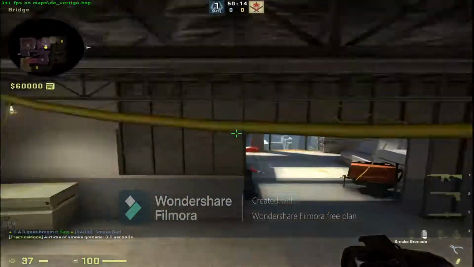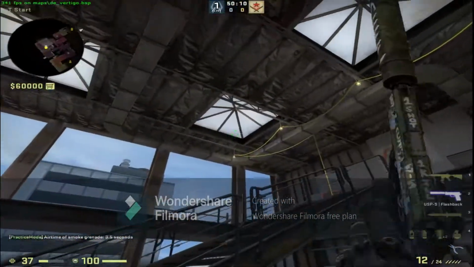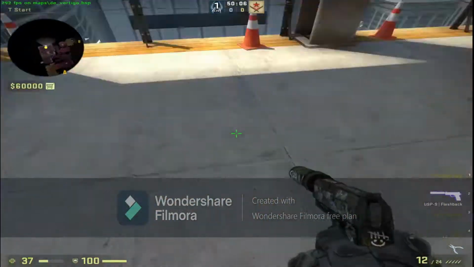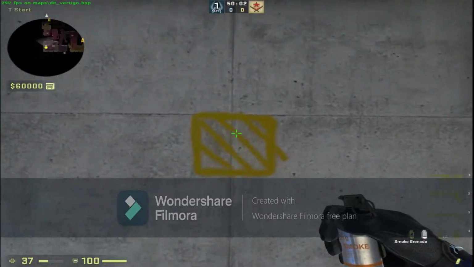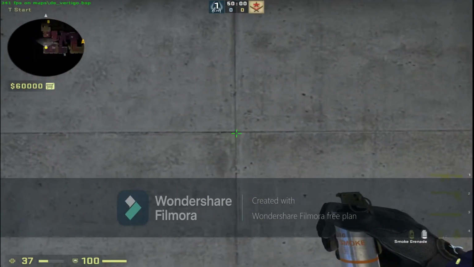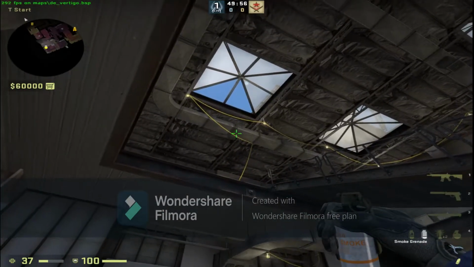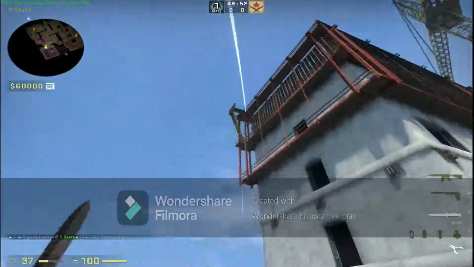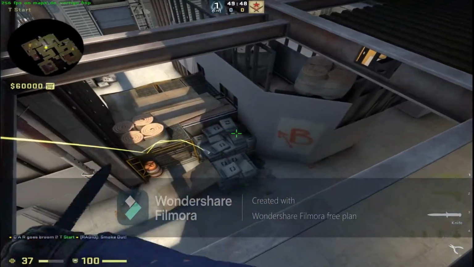Next is mid. So first smoke you need for mid is from T-spawn. So these yellow things, you go to the top left one, walk forward until you get to this cross, and then there's a dot here. You aim up from the dot into the pipe, and you jump through, and that will land in heaven,